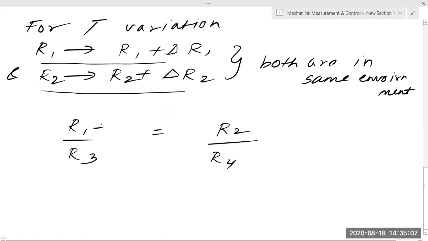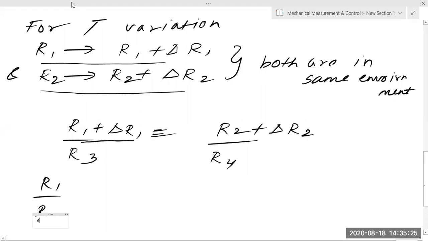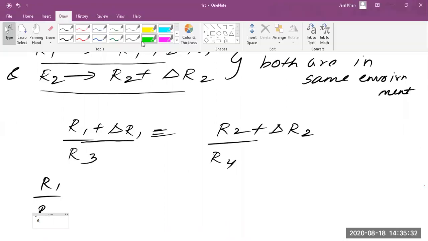Now what is happening, this value will change. Okay, now this value is changing. Again, the Wheatstone bridge should balance each other. So now if the Wheatstone bridge is balancing, we can just try to simplify. What we will write, R1 by R3. Just keep on seeing what I'm doing. You will be able to understand it. You don't have to worry about many things.